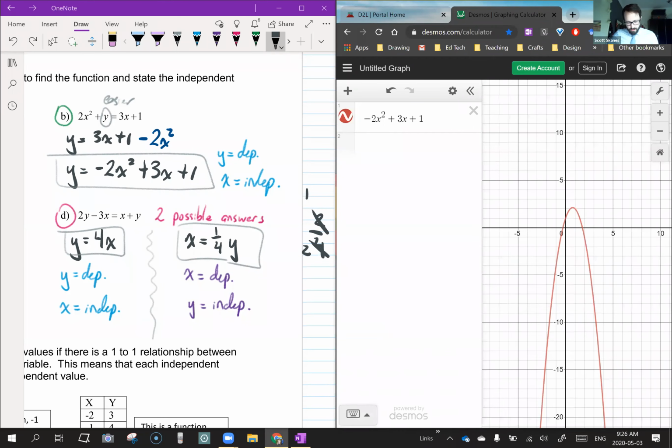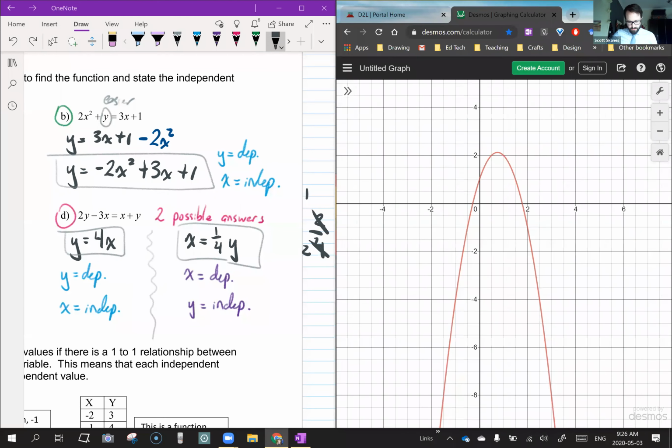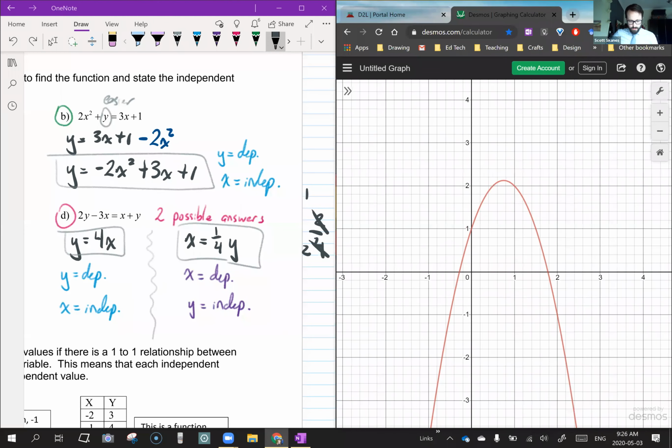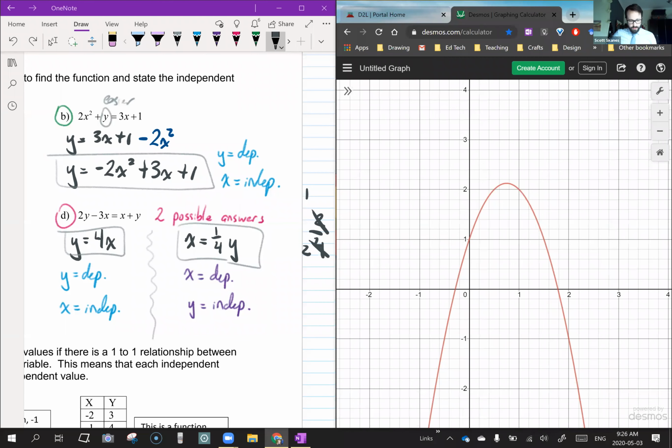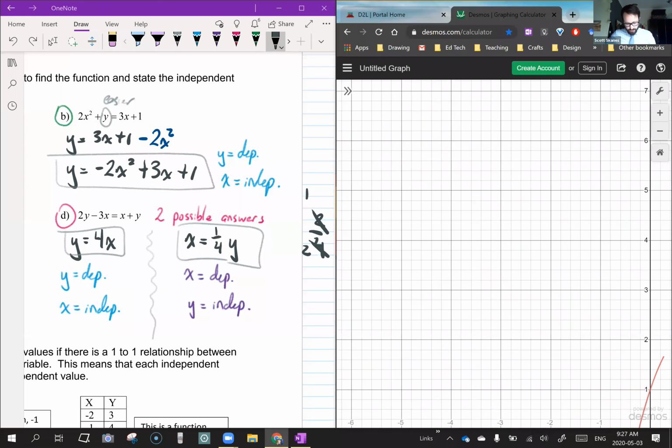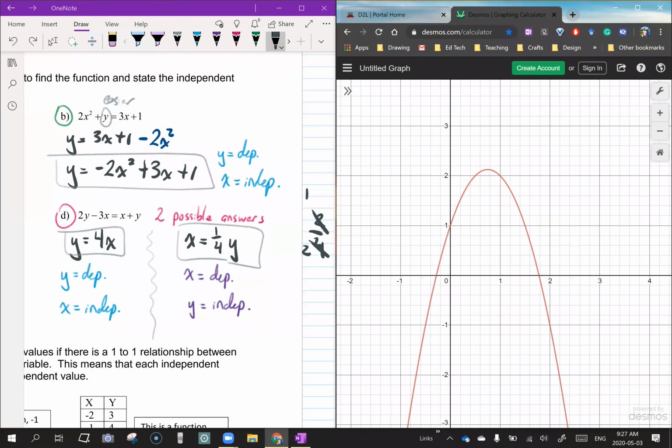So what we see here is that function. This is what it looks like. The independent variable is x. So for example, if I had x equals 0 for this,